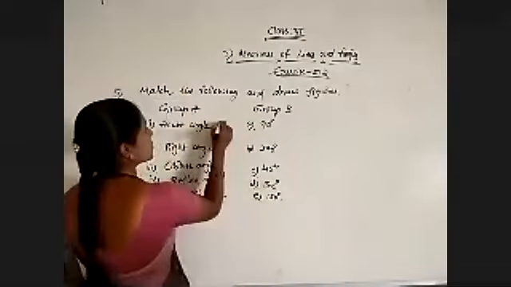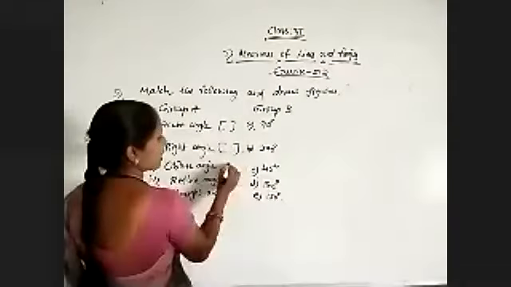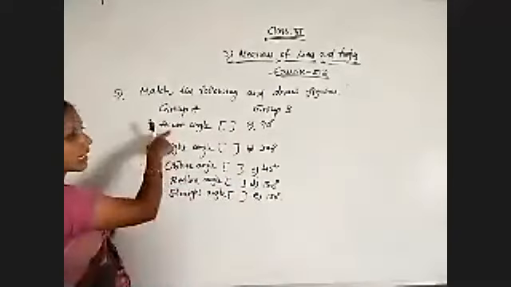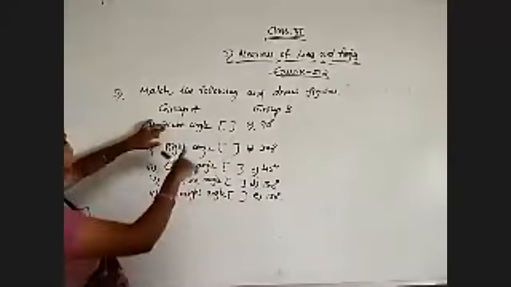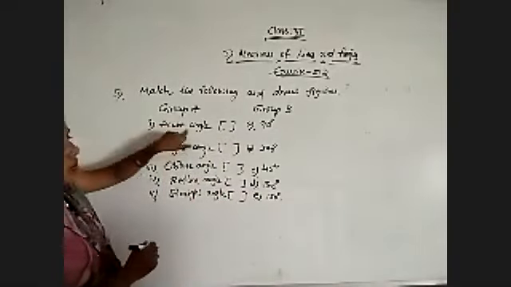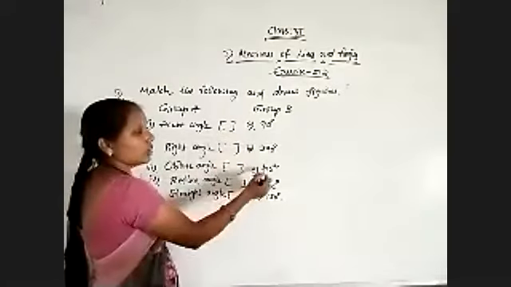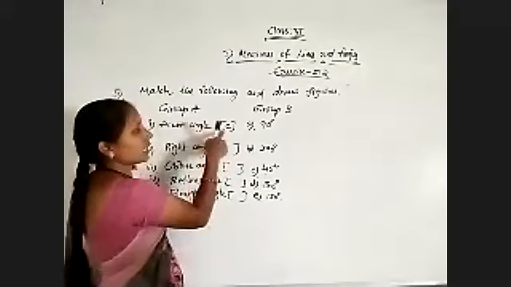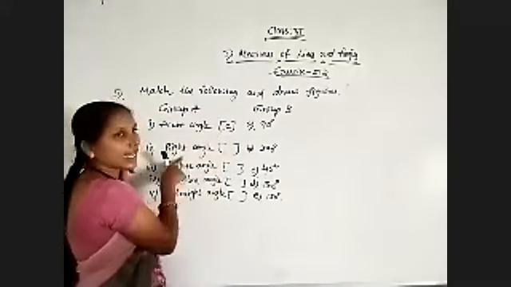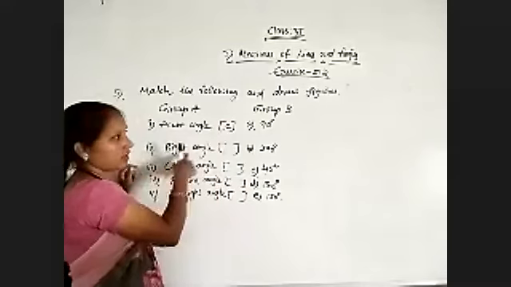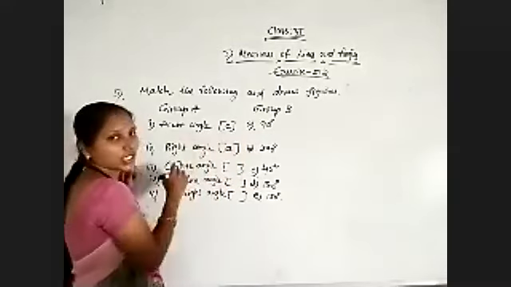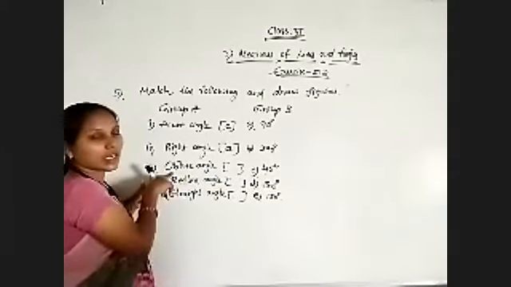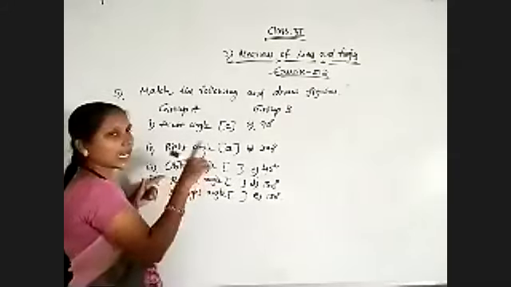Now observe, here I am writing which option is correct for this. Matching now. So among these, which one is the acute angle? Acute angle means lesser than 90 degrees. So lesser than 90 degrees, which one is there? 45 degrees. So option C, acute angle is 45 degrees. Right angle, what is the measure of right angle? 90 degrees. So option A. Obtuse angle is more than 90 and less than 180. So between 90 to 180.